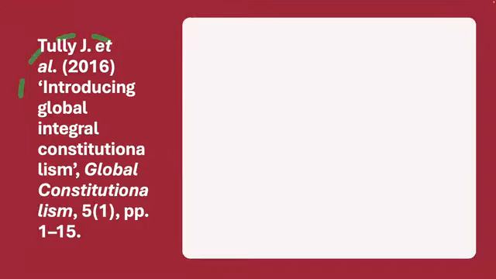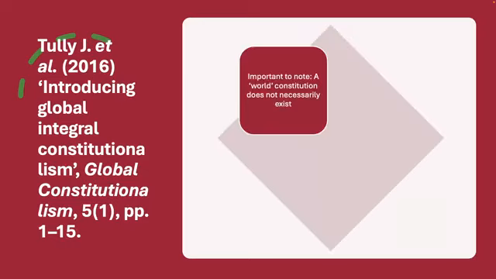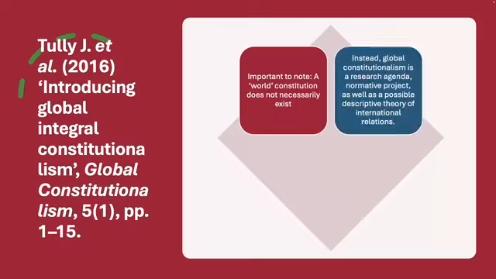Global constitutionalism should also not be defined as a world constitution. It does not necessarily mean that there is some single unified document that is the world constitution. Some have suggested in the past that if there is to be a world constitution, it could be something like the UN Charter. And while the UN Charter is a broad document that binds most, if not all, states, any state that is a part of the United Nations at least, we wouldn't call it a constitution in a broad sense. It doesn't exhibit the kind of qualities that Tully, for example, identifies as being constitutional qualities.